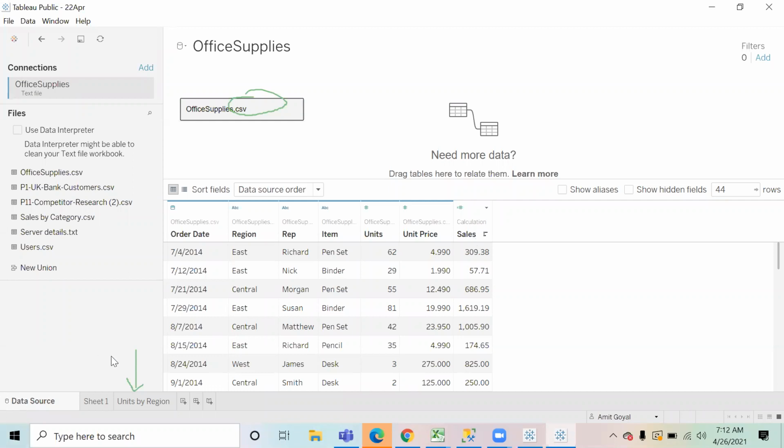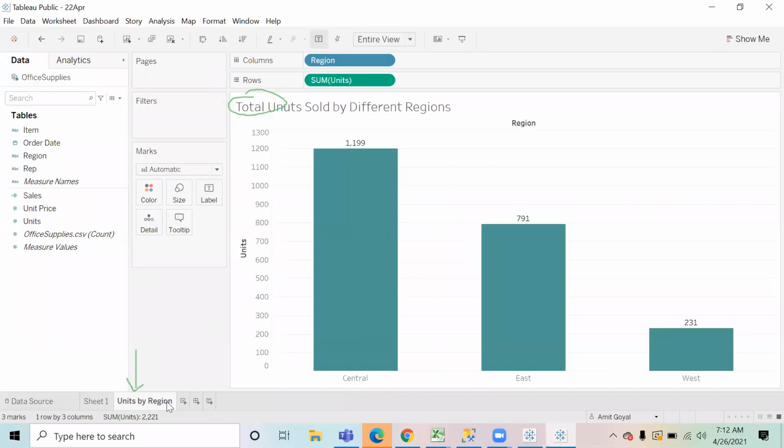Now all of you, please create a new chart to showcase sales by representative.